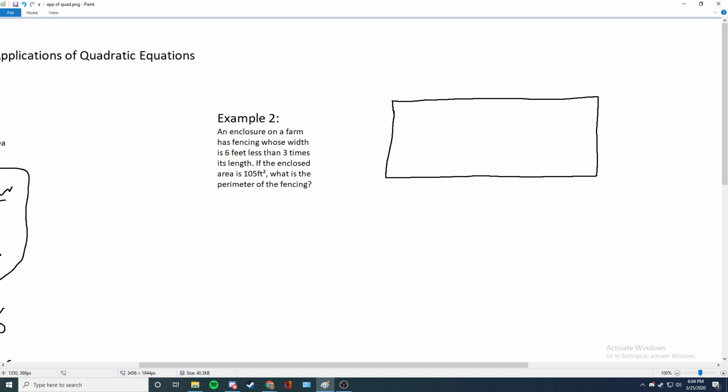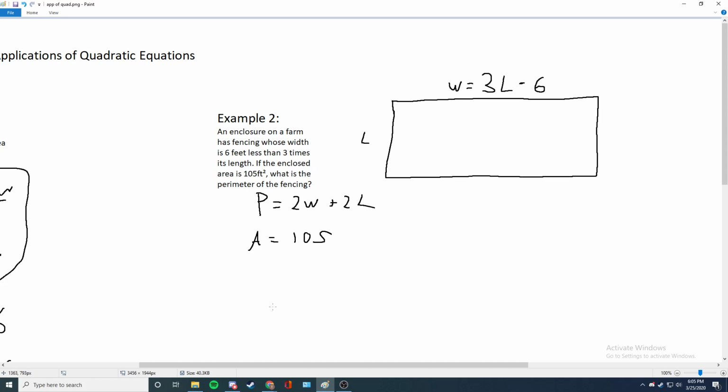So we've got some fencing whose width is 6 feet less than 3 times its length. So let's call this one W, this one L. We have the width is 6 feet less than 3 times its length, so we have 3 times the length, and since it's 6 feet less, we're going to subtract 6 feet from that. So we're trying to figure out the perimeter at the end. Remember, the perimeter is 2 times W plus 2 times L, and it tells us that the area is 105